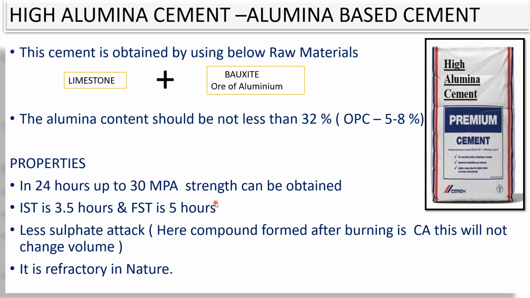But in normal ordinary Portland cement, what used to happen? The initial setting time was around, let us say, 60, 70, or 80 minutes, and the final setting time was taking around 7, 8 hours. But here, the initial setting time itself is 3.5 hours, and the final setting time will happen by 5 hours. This is very important for us, because once you start to work on the site, we want the initial setting time to be more. If the initial setting time is more, the laborers will find it very easy to place the concrete.